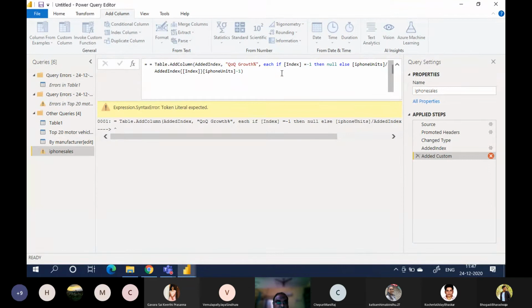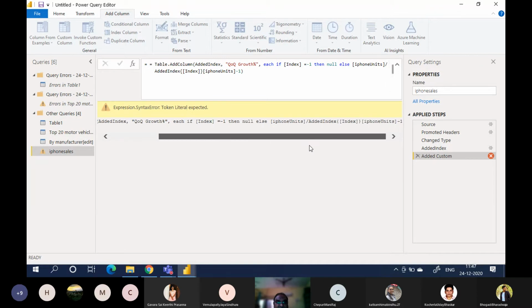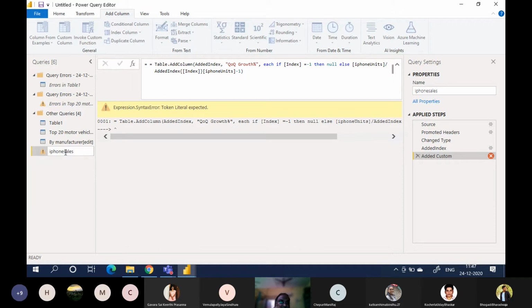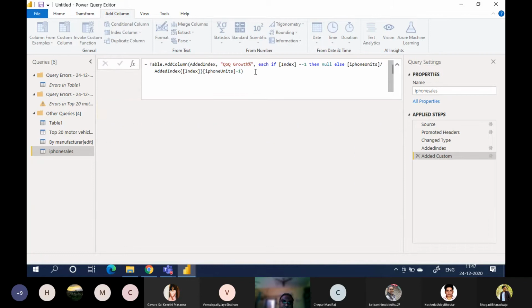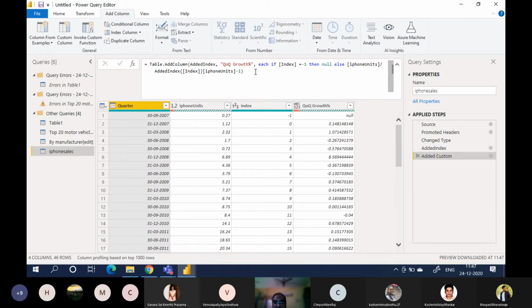Oh, syntax, token literal expected. What did I miss? I put 2 equal to, it's okay. Yes, we got the growth.